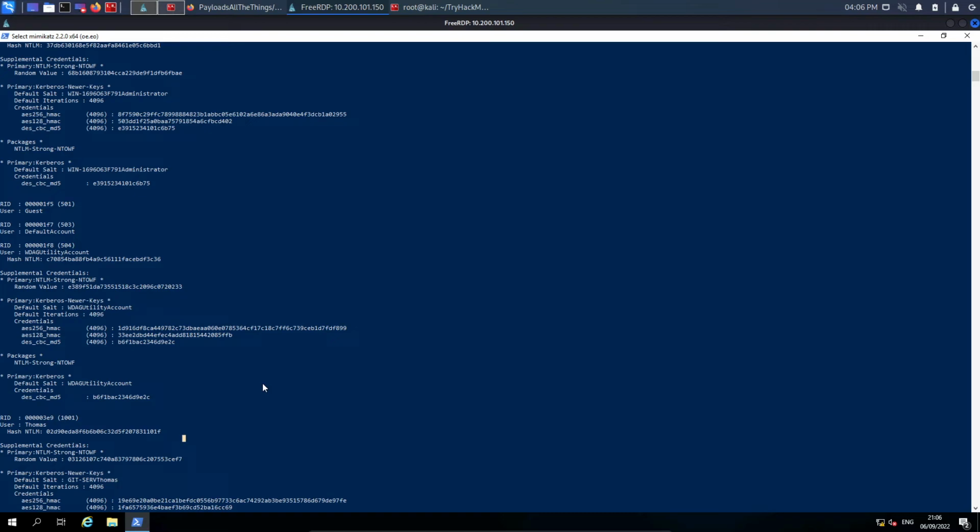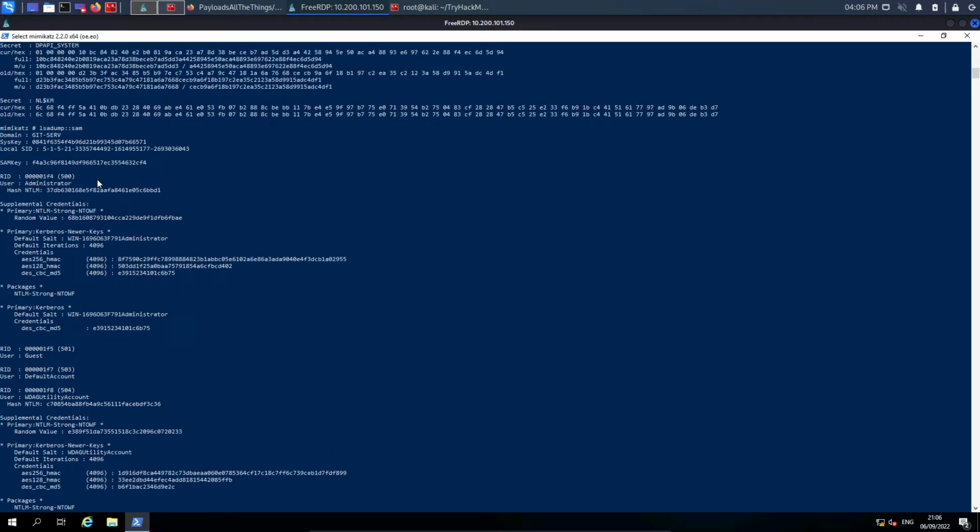Now what we can do is we can try to crack these hashes, and Evil-WinRM is one of the best ones. It does not require us to crack the hashes. We simply provide the hash to Evil-WinRM and then we will log in as administrator as well. So let's try to do that now. If I copy this hash with Control C, let's come back to my terminal,